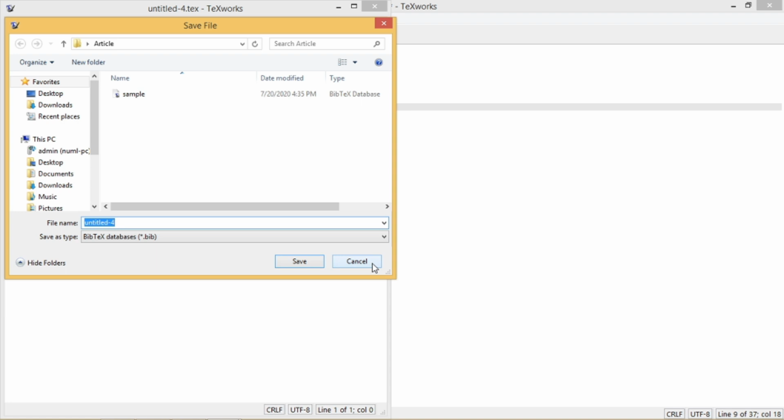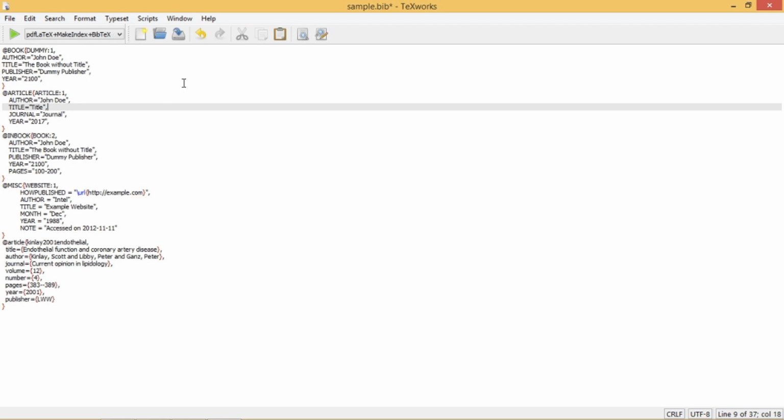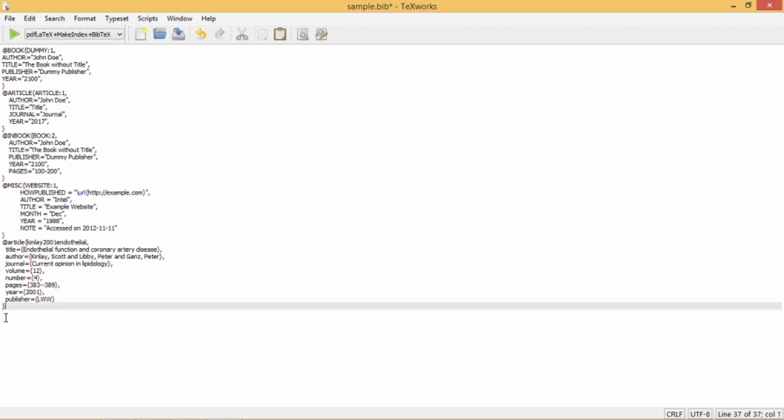Your database file will be automatically created. I have already created and put some records in this database file. Now I am going to tell you how you can get this record in this specific format. You don't need to write it line by line, you just need to copy that record from some source and paste that record in this file.